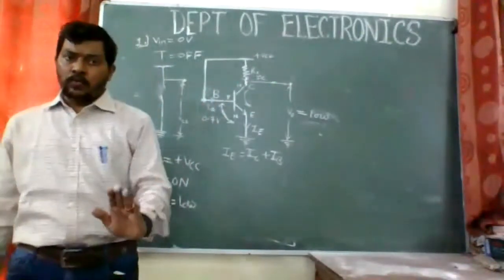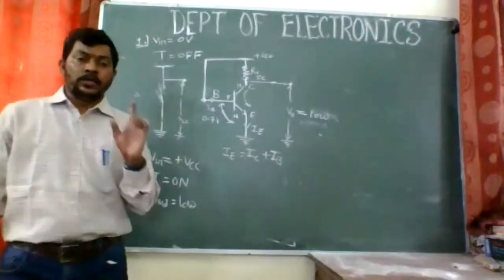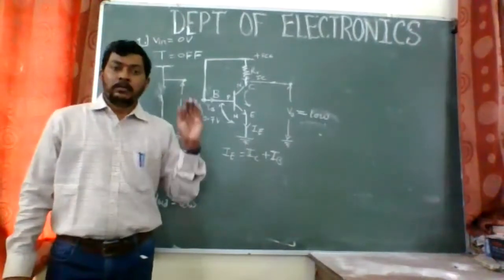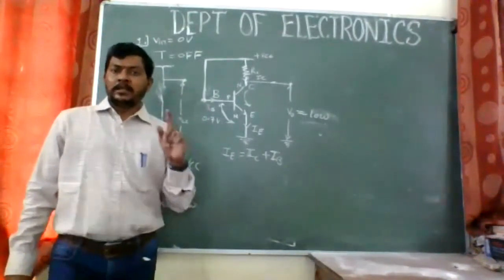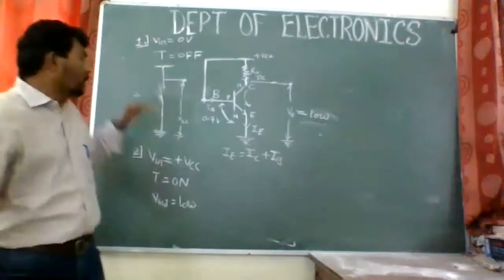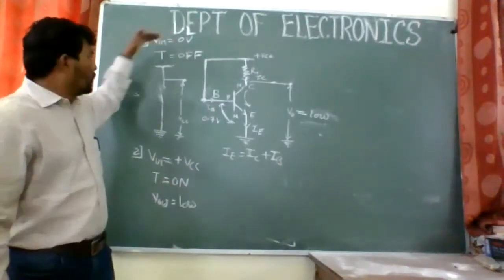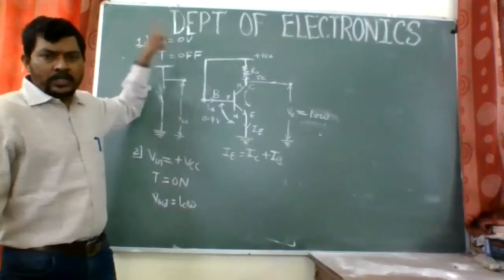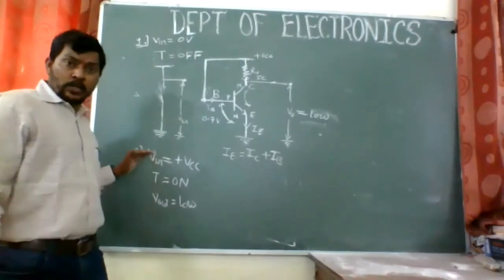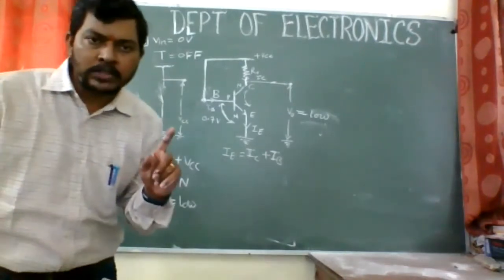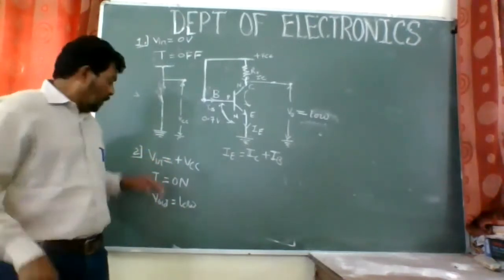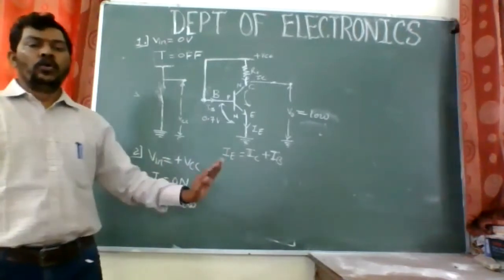So for a transistor to work, the simplest logic is the base should be at a higher potential, must be more than 0.7 volts. If it is less than 0.7 volts, then the transistor will not conduct. The output voltage will be high. This is also to be remembered, that whenever we have input voltage as 0, the transistor is off, but the output voltage is high. Similarly, in the second situation, when the input voltage or the base voltage is high or more than 0.7 volts, the transistor is on, the transistor is conducting, but the output voltage is low.